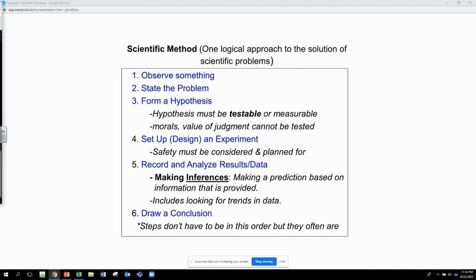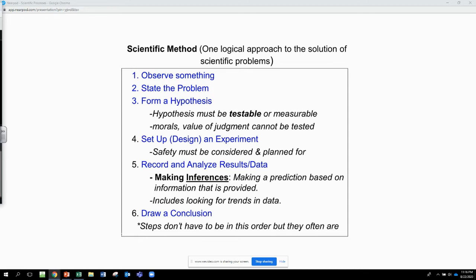And then because we need to be able to direct our studies, we don't want to just be out with no direction. We form a hypothesis. And a hypothesis says, this thing I want to study, I think this is what is going on. And it's an educated guess. And it has to be something that is testable, something that you can measure in a lab and test. That means you can't have any morals or value of judgment, no opinions. It has to be something that is testable, that will give you the same results every single time, testable